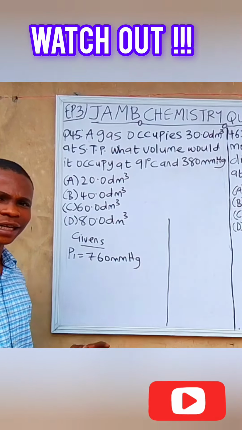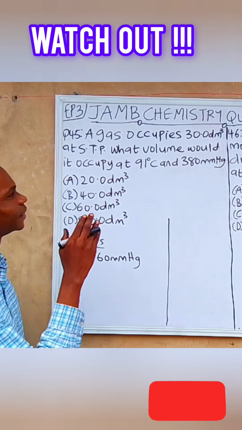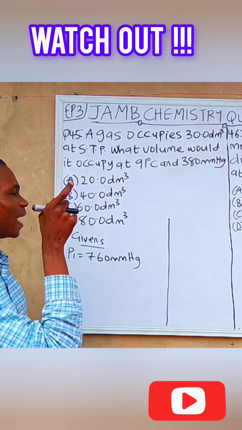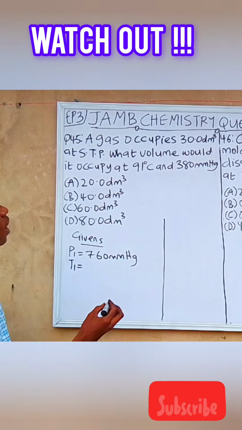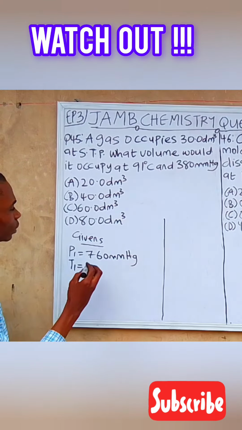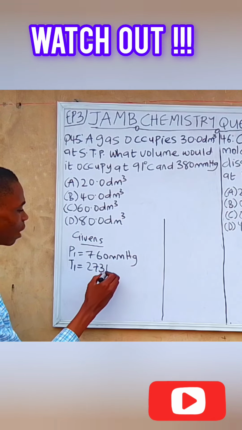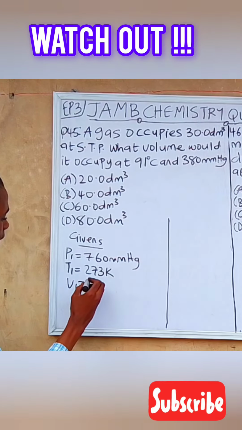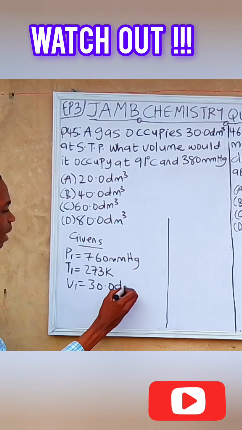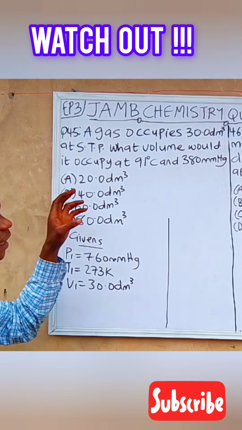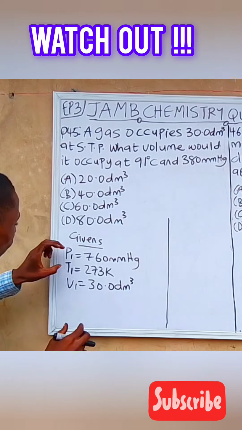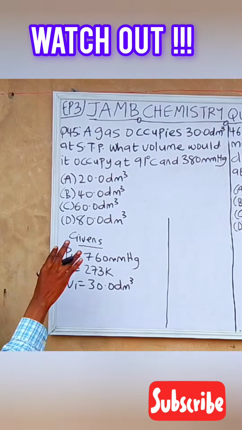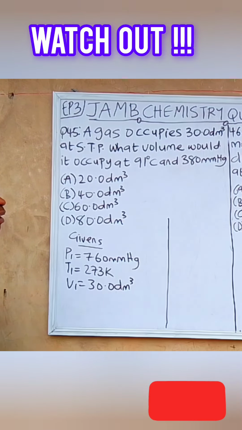mmHg. Solving a general gas question, once it includes STP, you have to use 760 mmHg as the first pressure. Our T1, since it is STP, we will use 273 Kelvin. Our V1 is 30.0 dm³. Remember, in any question you are solving that includes STP, don't forget these two values. You just replace P1 with 760 mmHg, and T1 with 273 Kelvin,